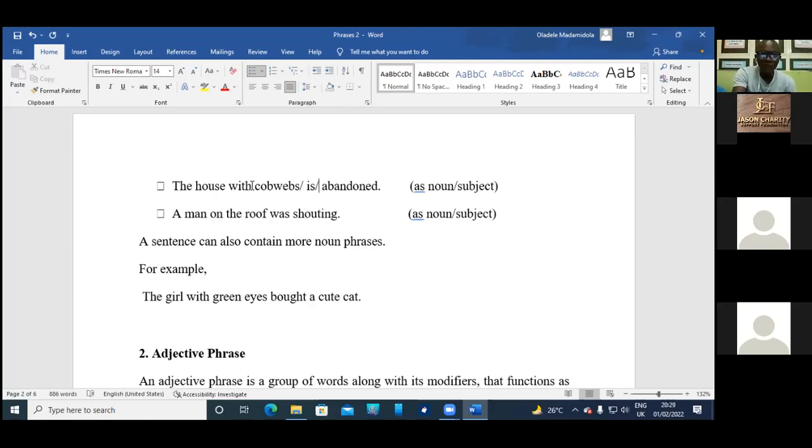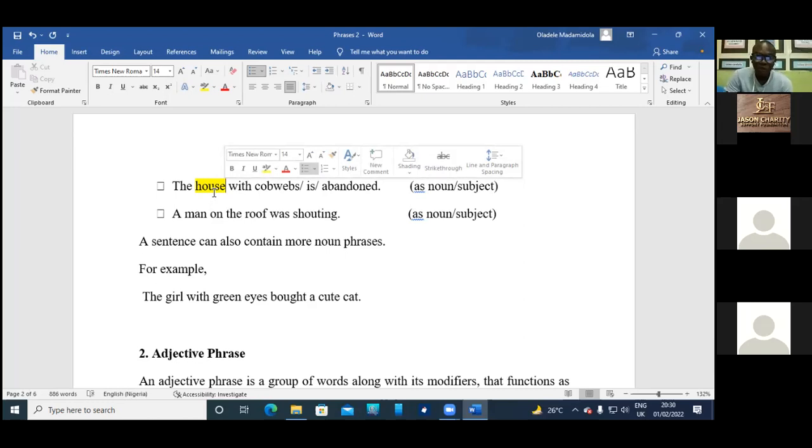This is what we call a post-modifier. Anything that comes after the noun is post-modifying the noun. This is a pre-modifier, but they are both modifiers. The coming before house, and then with cobwebs, describing the kind of house we are talking about. Not the house covered or painted white, but the house with what? Cobwebs. So the head word in this expression is what? House. And that's why it's a noun phrase.